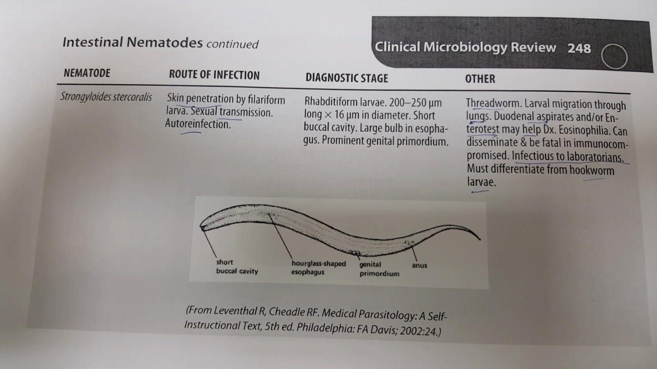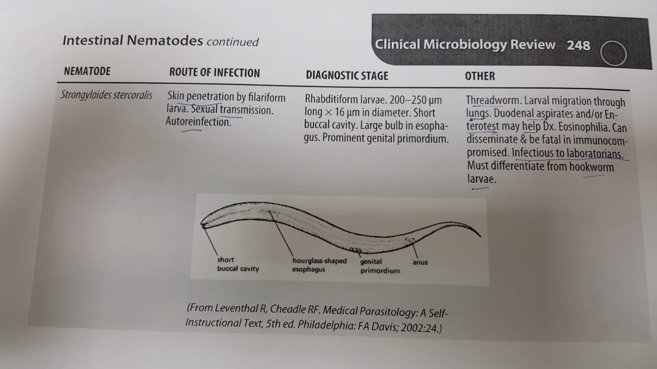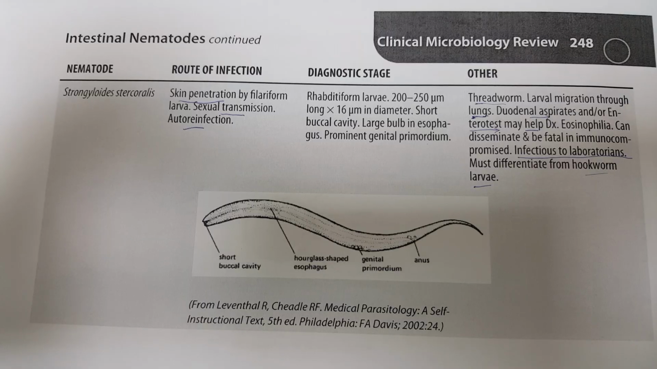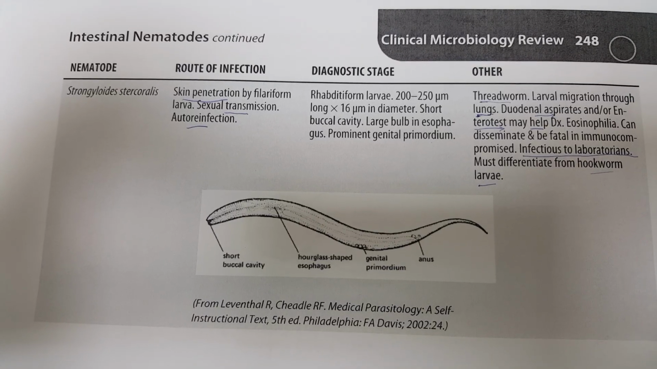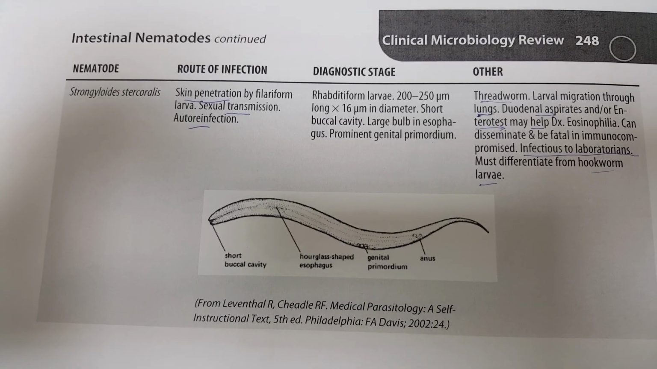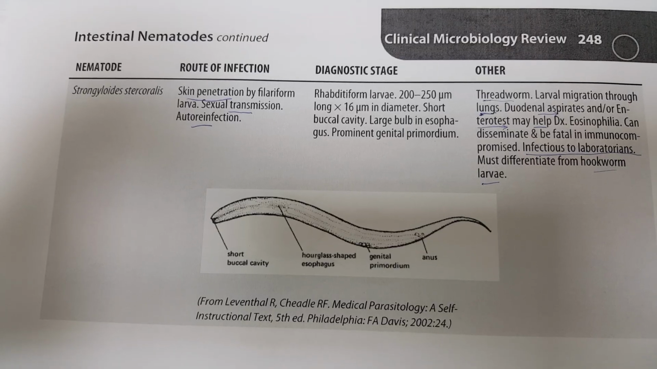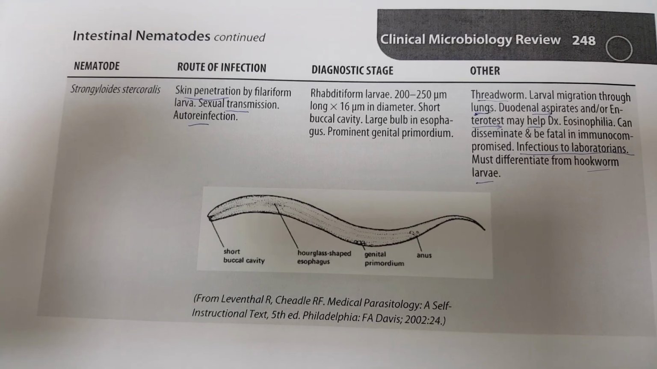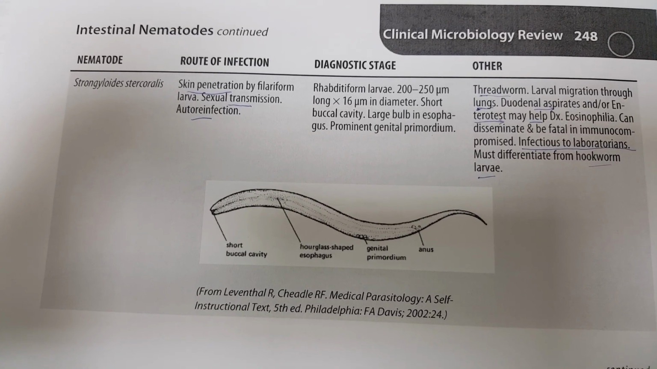In intestinal nematodes, Strongyloides stercoralis is a very important pathogen. The route of penetration is the skin, in the form of filariform larva, and sexually transmitted infection is also reported. And the diagnosis is